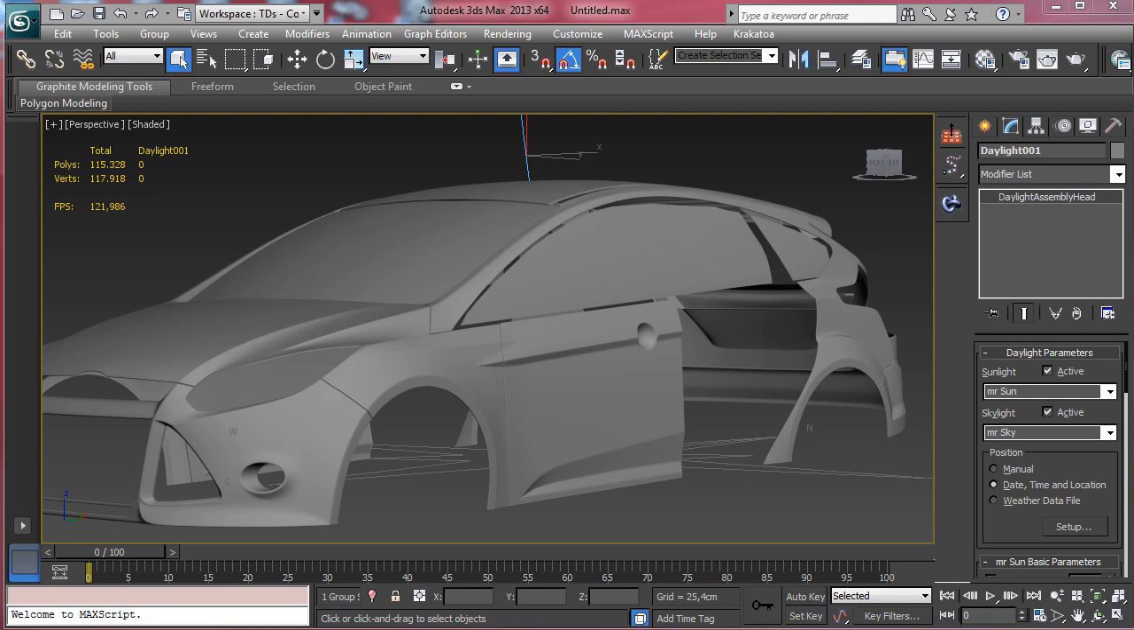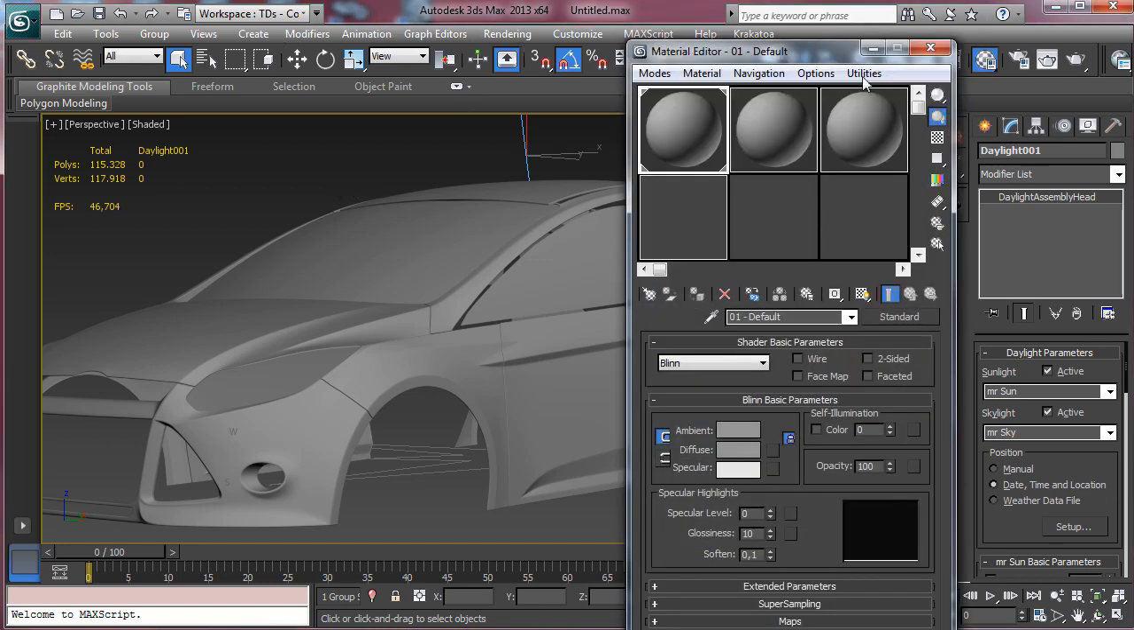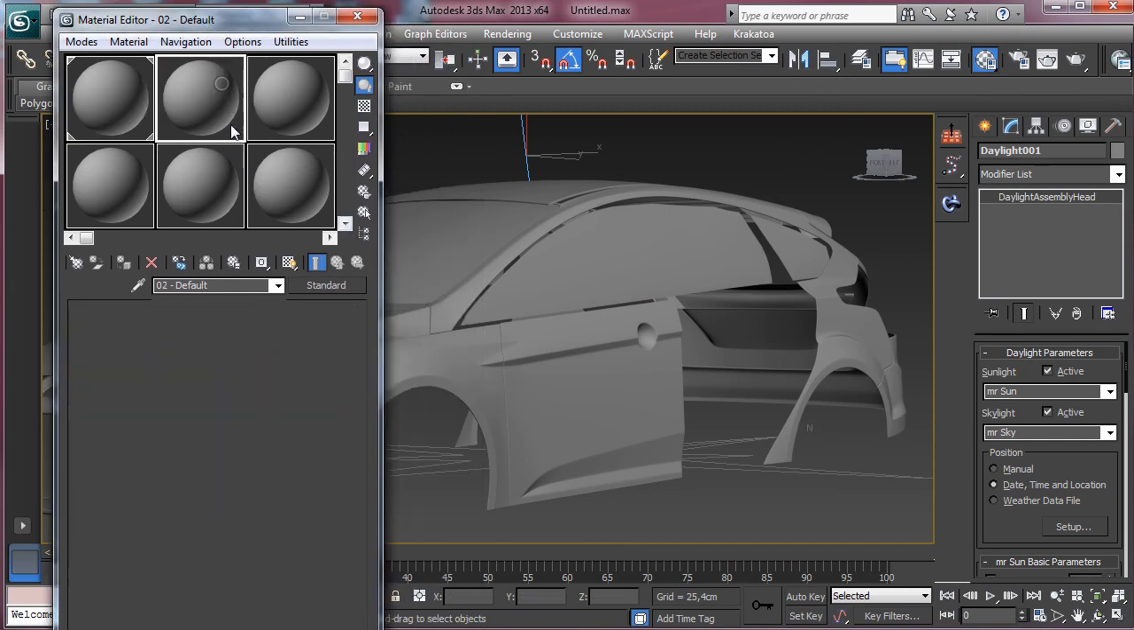Today we'll talk about the iRay material. That's really interesting news for 3ds Max. It was released by the NVIDIA ARC company branch some days or weeks ago. We have the release 1.2 and it is just for 3ds Max 2013, and it is a really interesting thing